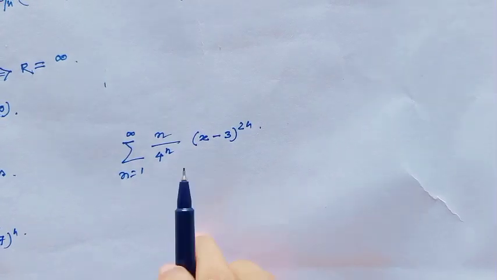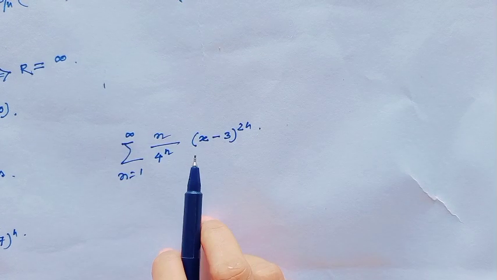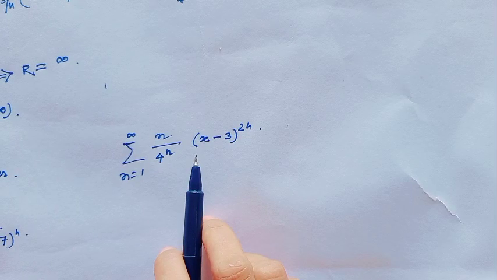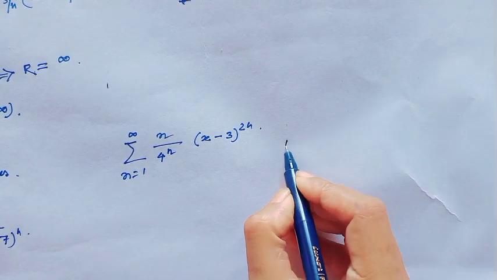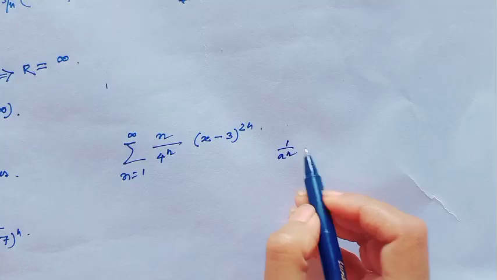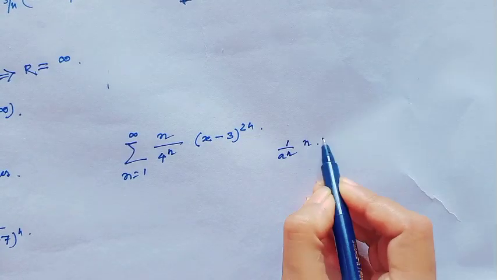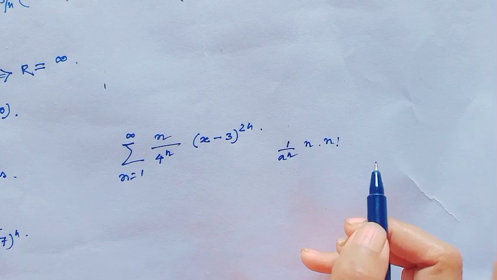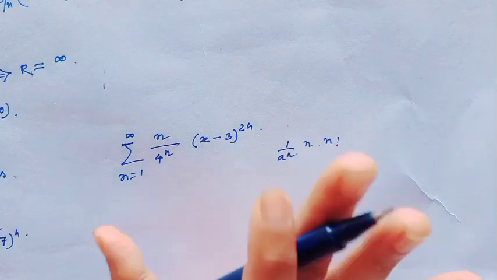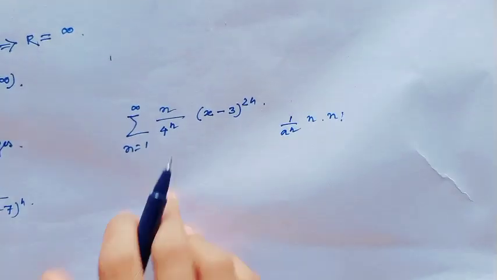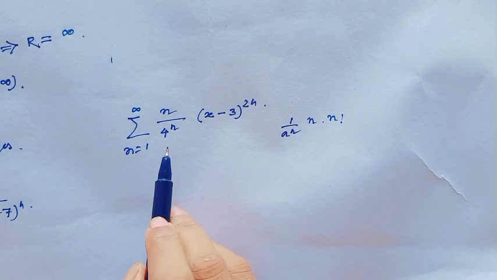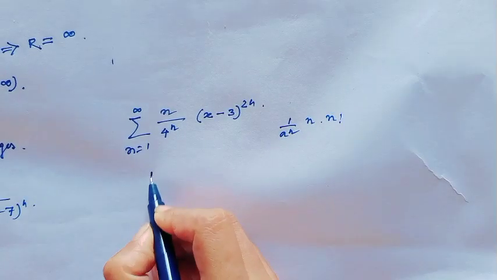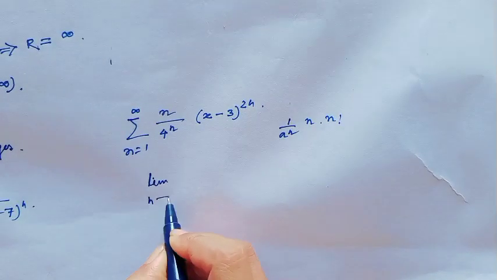Our next example, consider this power series. Which test is applicable here? At first, when the series looks like a to the power n or n factorial, then I always use the ratio test. Since here we have n over 4 to the power n, here also I will use the ratio test. Limit n goes to infinity,